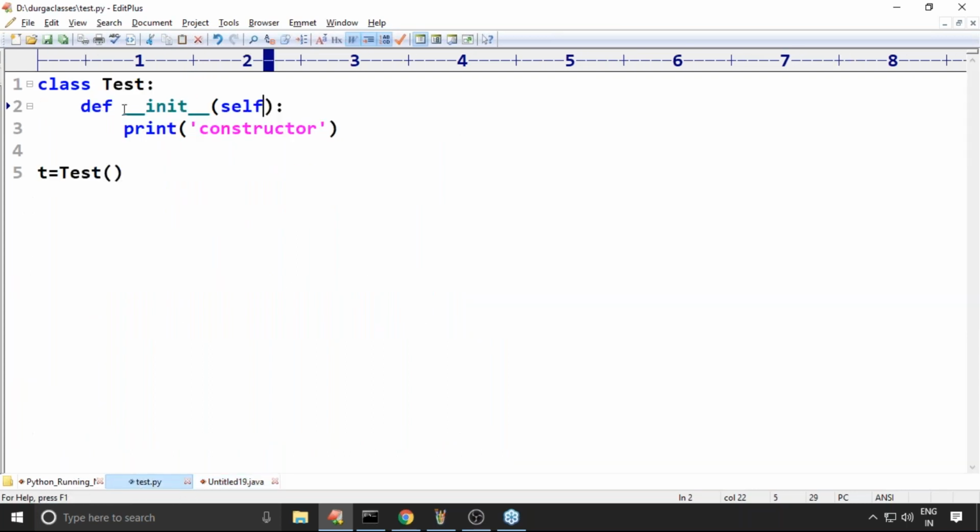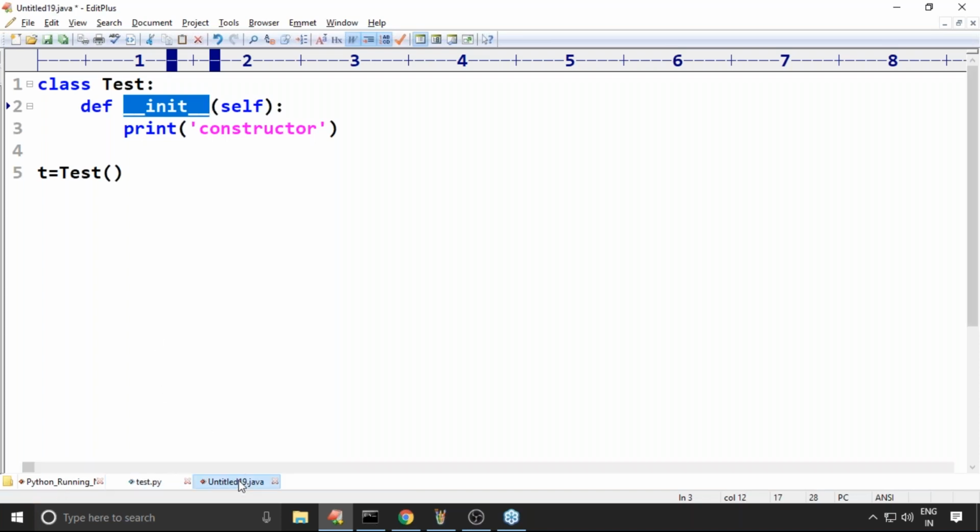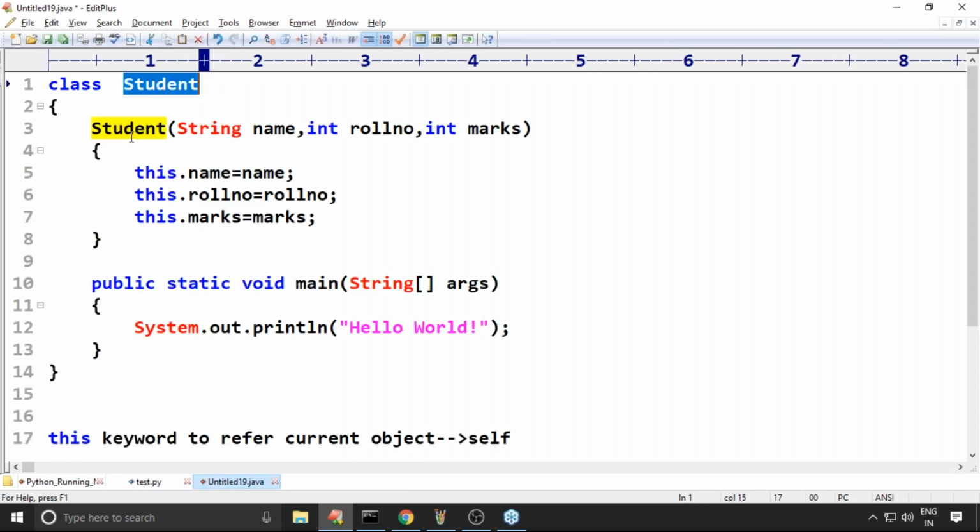It is always __init__ only. It does not depend on the class name. Especially for people coming from a Java background, the constructor name is always fixed, __init__ only, and it never depends on the class name. But in Java, the class name and the constructor name are always the same.